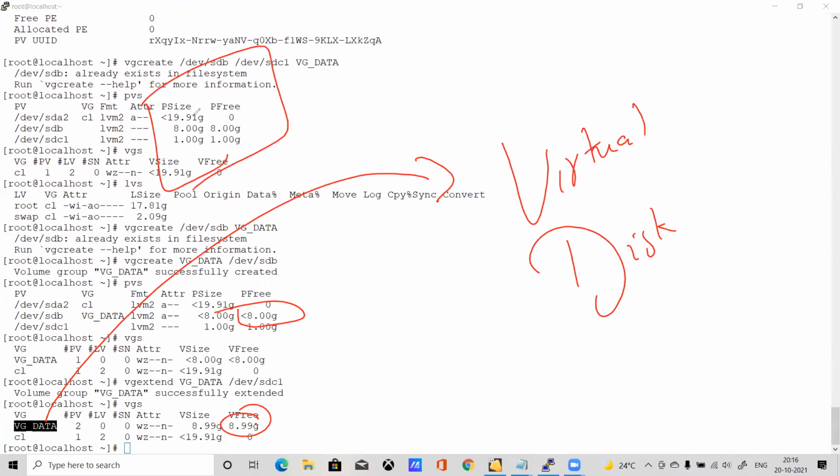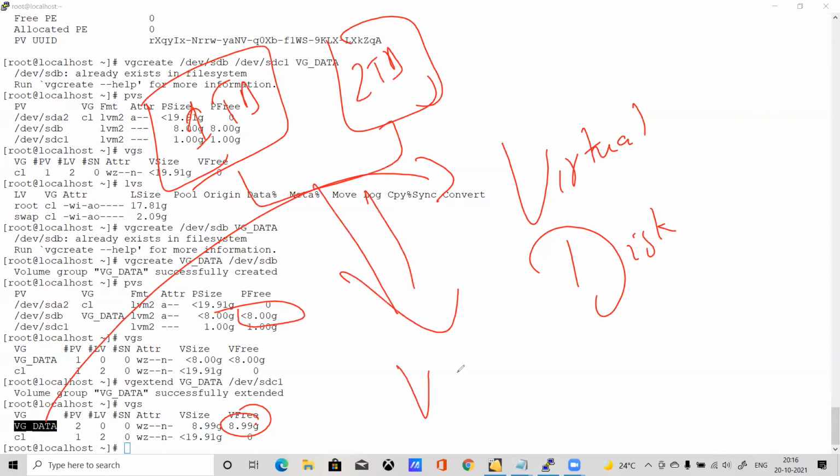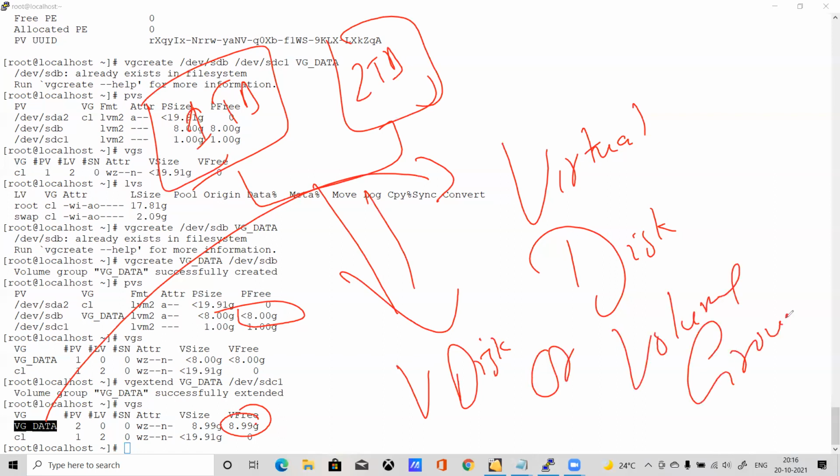It means we have, let's say, a 1 TB hard disk and a 2 TB hard disk. If you want to club them, it will make a virtual disk as a layman, or we call it a volume group. So don't be confused. Volume group means like a virtual disk. Okay, so now it's created. How many physical volumes are attached? 2 volumes attached here. So let us check now.